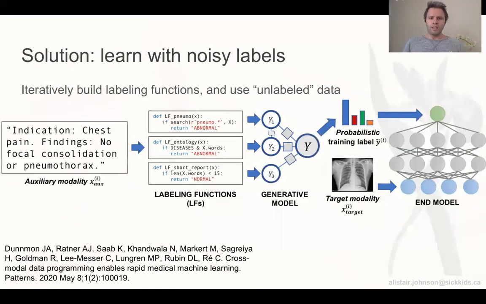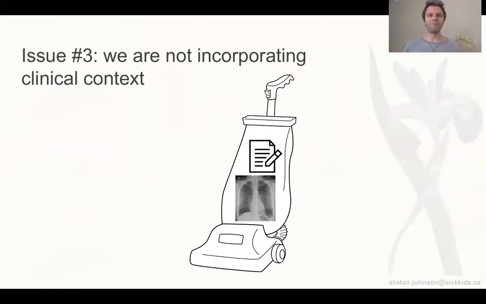The second one is to learn with noisy labels, right? Just explicitly acknowledge that your labels will be noisy, and let's model that noise, and let's not treat the label as perfect, but let's treat it as a probabilistic label, which may or may not be correct. And there's some interesting work in adopting these learning with noisy label approaches to radiology reports and learning with chest X-rays. Okay, so our third and final issue is that we're not incorporating the clinical